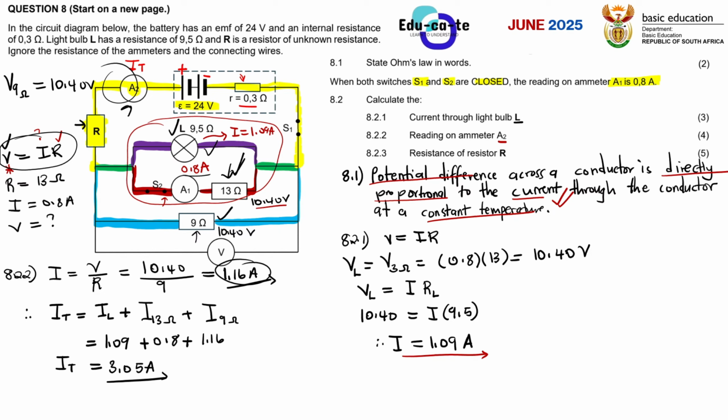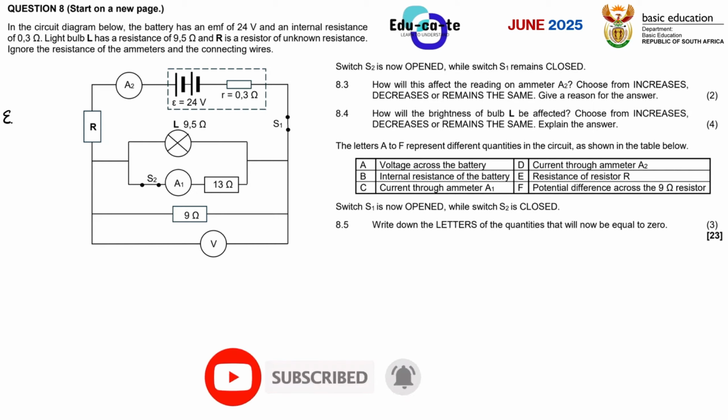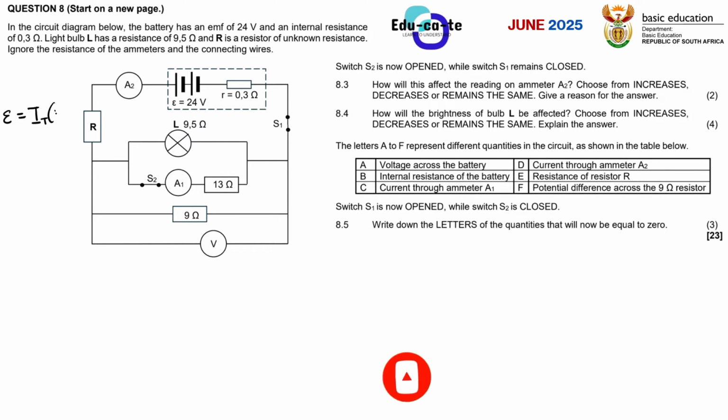We know that we have a formula that relates EMF to the external voltage and all that. So I'm just going to write it down here and say that the EMF is equal to the total current times the external resistance plus the internal resistance. This is going to give you the EMF. Or you can write this in an easier version, which is equal to the external voltage plus the internal voltage, or you can say the lost voltage. So you can say EMF is equal to the external voltage plus the lost voltage, or you can say that EMF is equal to the total current times R plus r.